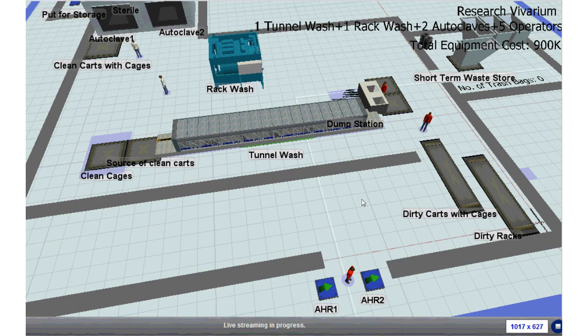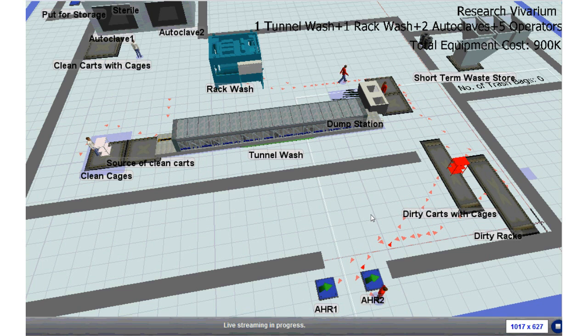If you still remember, the major objectives of this model are to validate the current design option, identify bottlenecks, and maximize throughput with less capital cost. In this model, we use red to represent dirty and white to represent clean. I'll let the model run for you so you can see